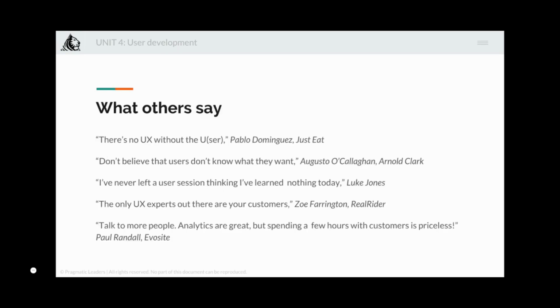There are a few other examples, a few other quotes given by some experts and some not so experts in the industry, but I've just put it out there so that you get a sense of what people believe user research is. Okay,